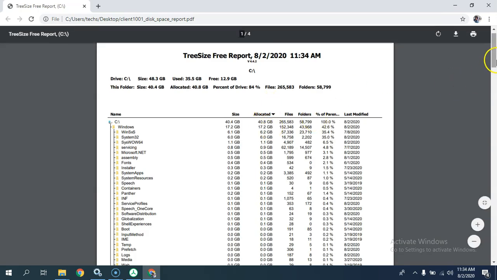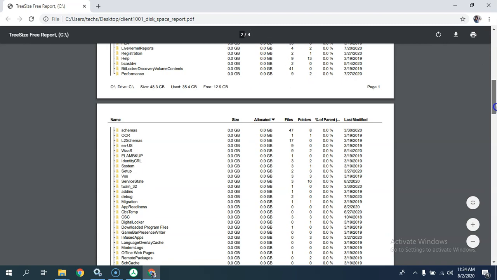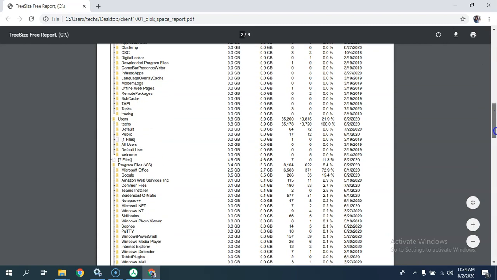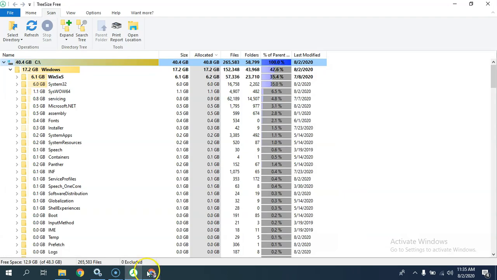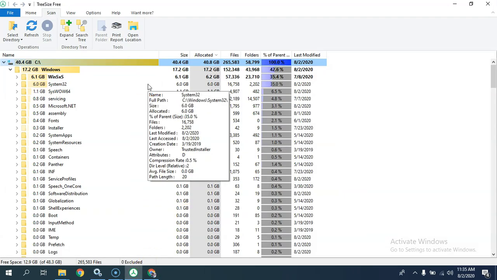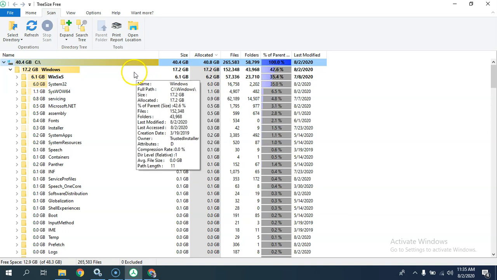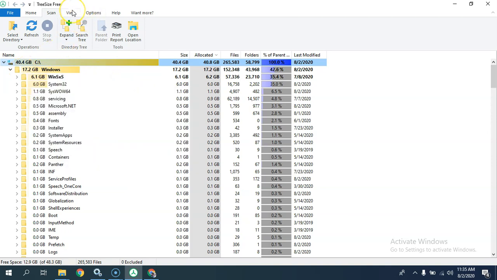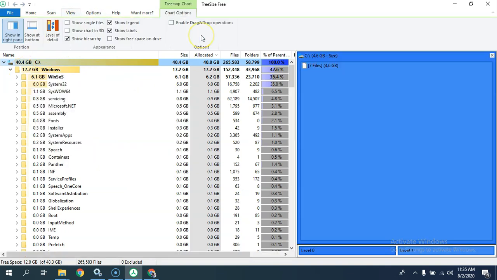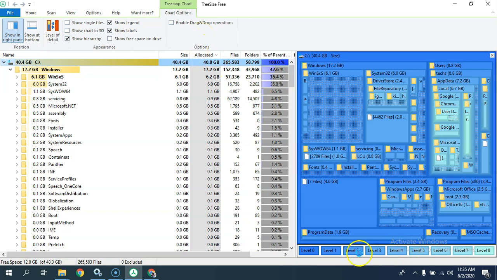You can take a look at this beautiful report which you can share with your clients, and which shows which files can be deleted or moved to a different drive. It is just a matter of a few clicks to create this report, and this is another use case of this beautiful tool. Well, by and large we have covered this tool and essential features are covered. There are a few more options which you can give a try yourself and check out.